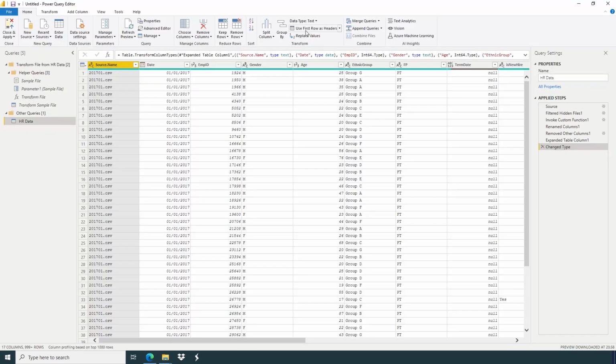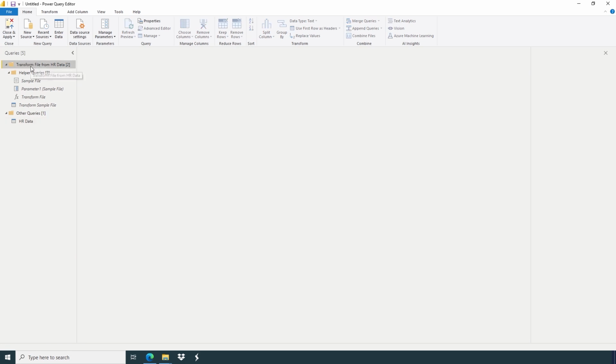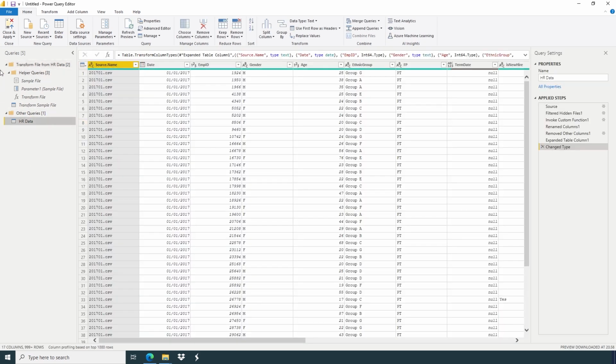Go to transform data again. Here you can see there are so many messy things, and source name, date, and so on.